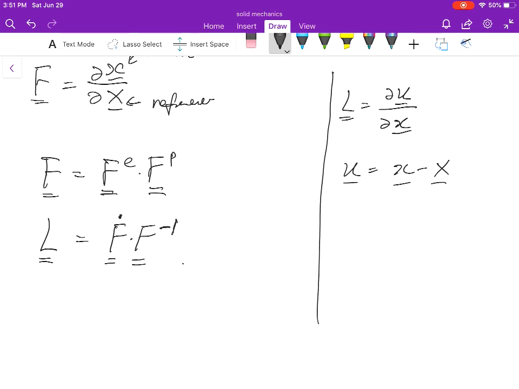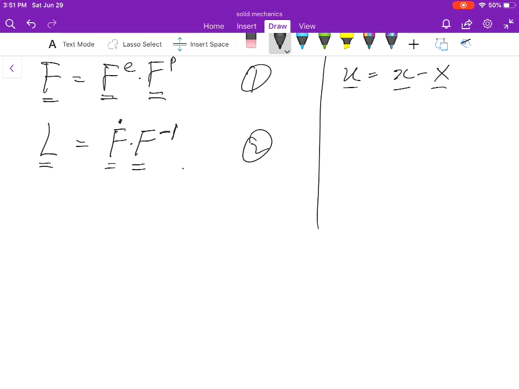The velocity gradient tensor is defined as the derivative of displacement at the current configuration in terms of the vector at the current configuration. Based on this, we number these equations 1 and 2. If we substitute equation 1 into equation 2, what we can get is